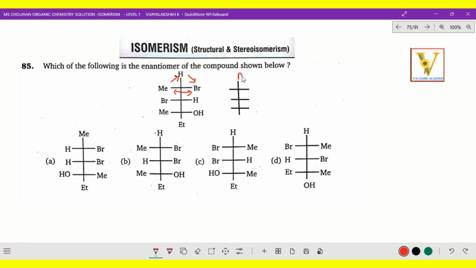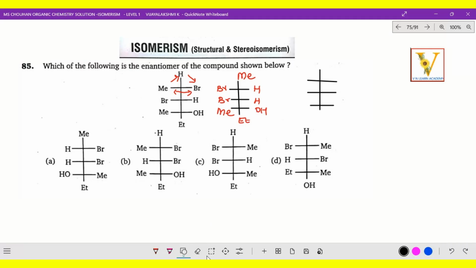So methyl goes up, and the ethyl will be here only. And then this side, what will be there? This side it will be bromine. So bromine comes here, the hydrogen comes this side, and the methyl has gone up. The second chiral carbon stays the same, because we cannot change it; only the priority order of the first chiral carbon we have changed. Now that side is the same, and this is very simple: Me, and here OH, right? Now the other one we have to check in that order. How do we identify at this point? The same 3 chiral carbons we have to draw, and then 1, 2, 3.